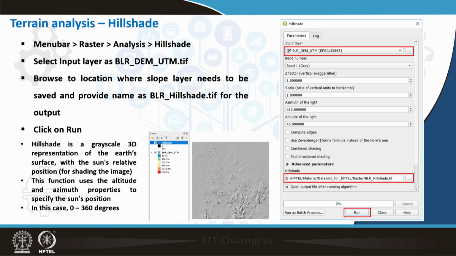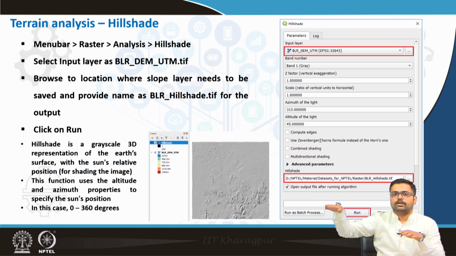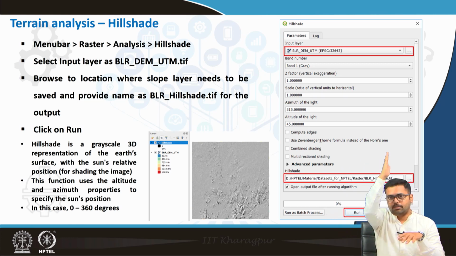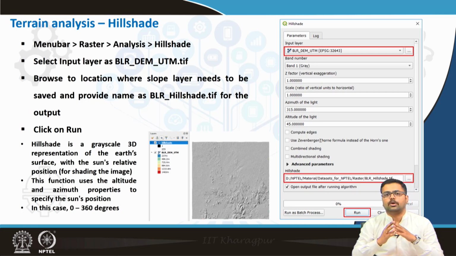Now, we have two important properties, one is altitude and the other one is azimuth. Altitude means at what height the sun is present. It starts from 0 degree and goes up to 90 degree. 90 degree means right on top of your head, 0 degree means at the horizon.